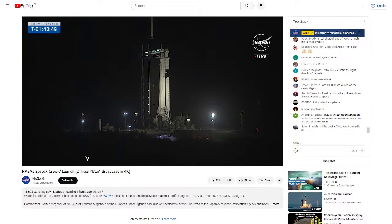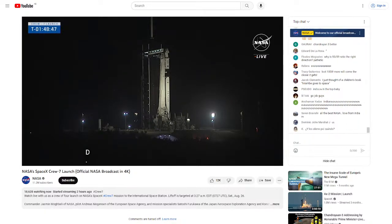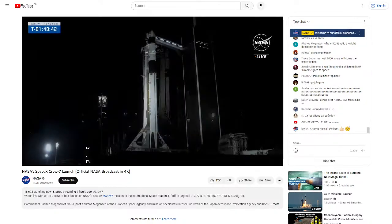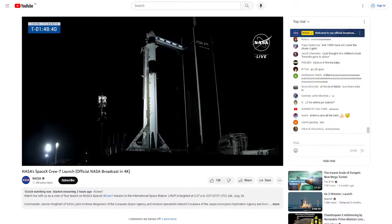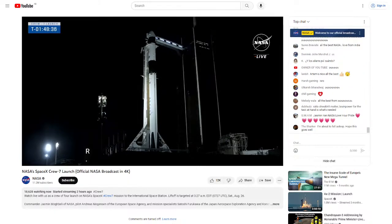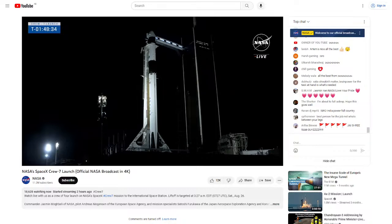As we look at the launch pad there, pad 39A, here at the Kennedy Space Center, the Falcon 9 rocket and the Dragon spacecraft on top. We're counting down towards